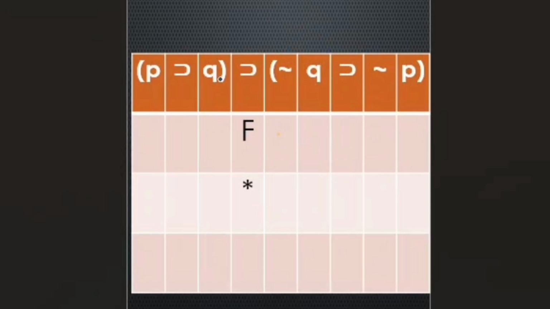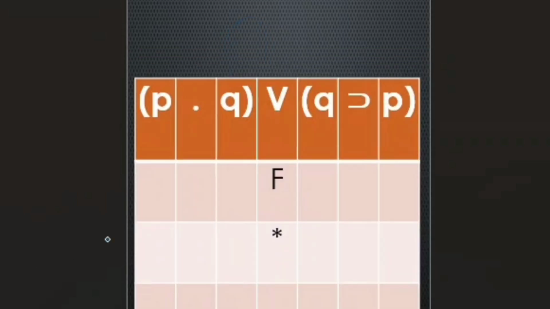Now in this sum, again P horseshoe Q, horseshoe curl P. So only this horseshoe symbol connects the entire bracket. In this sum, it is very visible that the wedge connects the entire sum, and over here this one. So your main connective will be that connective which joins the entire sum, not